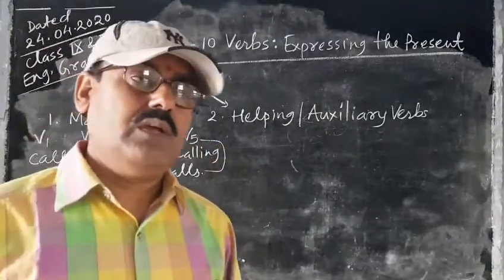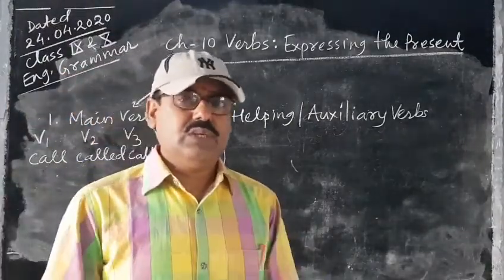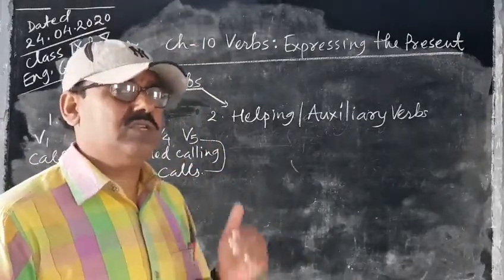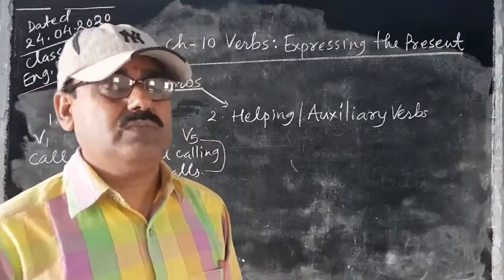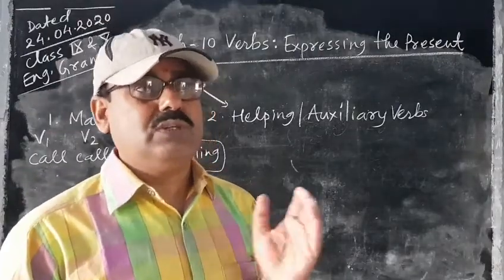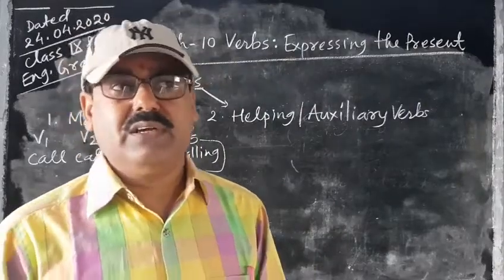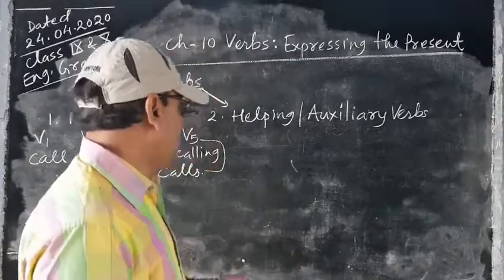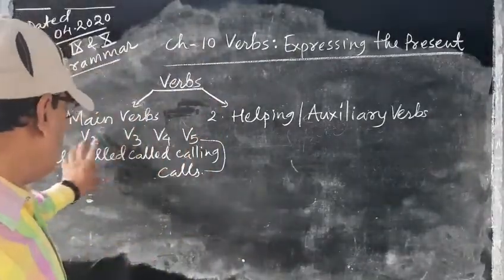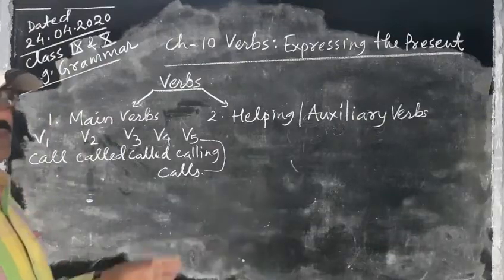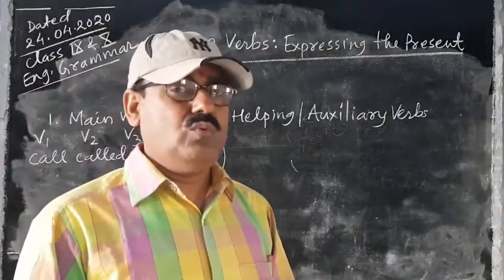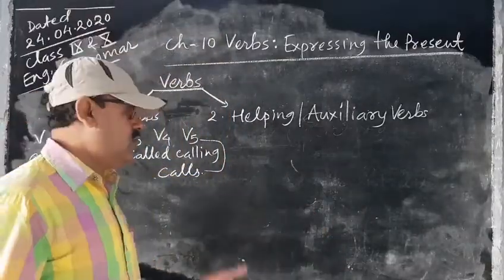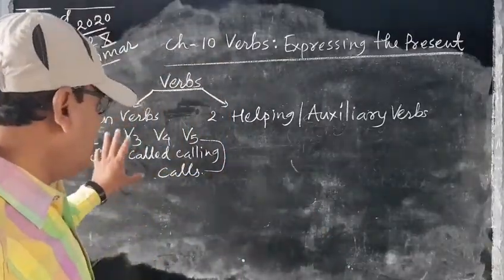Main verbs, or you should say that these verbs can be used as finite verbs, because finite verbs are those verbs that change their form according to the number and person of the subject, as well as according to the changes in the tense forms and different structures. So this is main verb. For example, 5 forms of verb to go will be go, went, gone, going, goes. You have already learned it, so there is no need to emphasize it again.